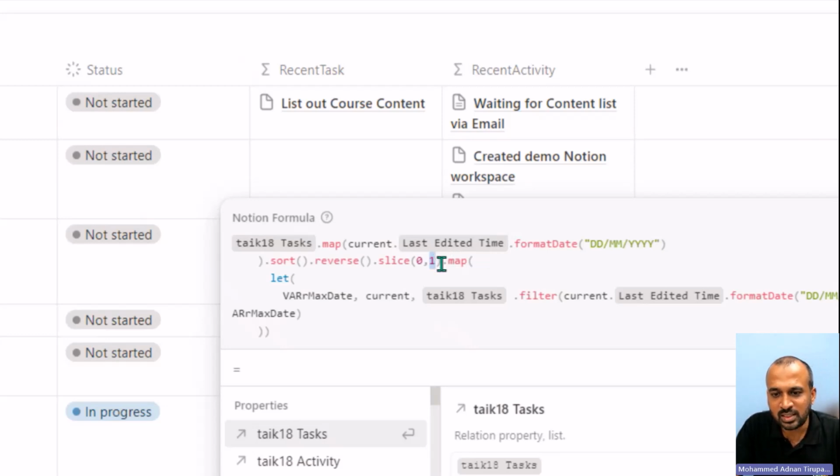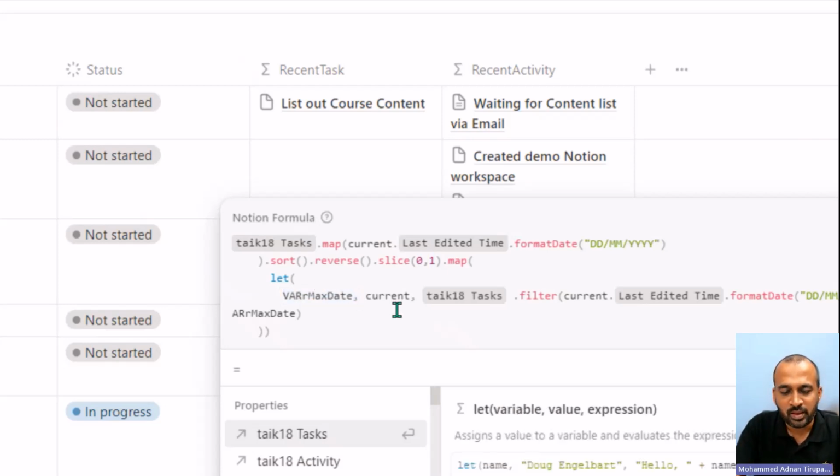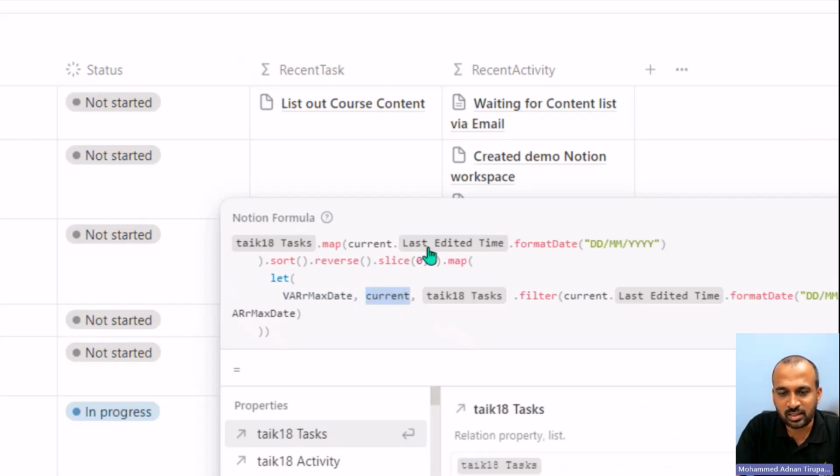After that, I'm using this dot map, open bracket, and let. These are the two functions we need to use. And then here, an amazing thing, which is a variable. You can see it in the name itself, variable. We can declare a variable and then add a comma. Current is basically asking for the current context here, and comma. I'm using this taik18 task, the same database name,